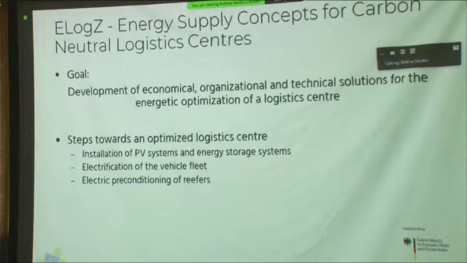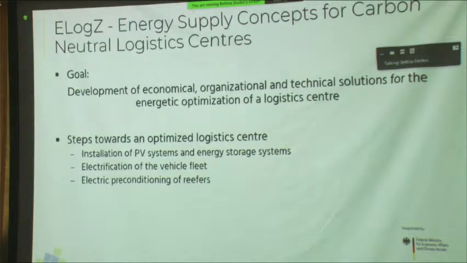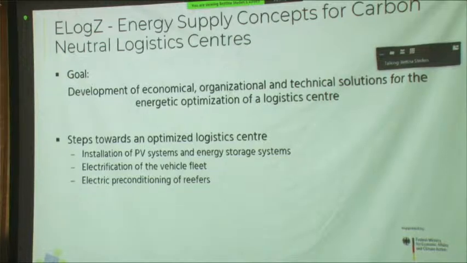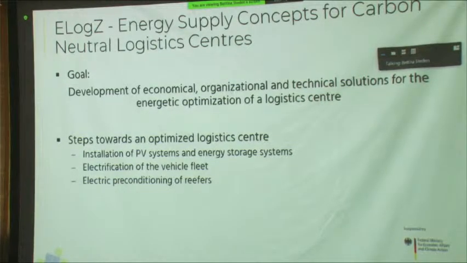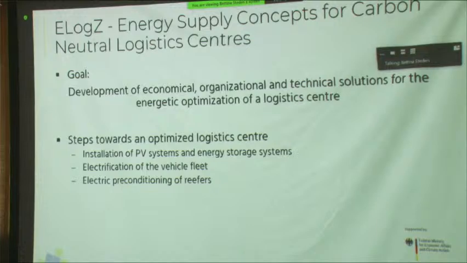So Icta, the project stands for Energy Supply Concepts for Carbon Neutral Logistics Centers. And the overall goal here is to develop economical, organizational and technical solutions to optimize the logistics centers energetic-wise. And what do we want to do to get an energetically optimized logistics center? We want, for example, to install photovoltaic plants on the site together with some energy storage systems. Or we want to electrify the vehicle fleet